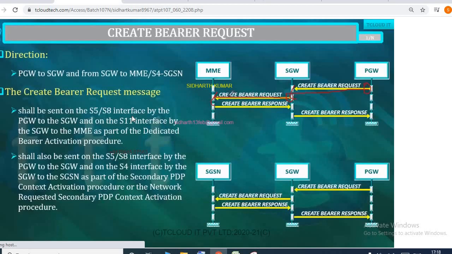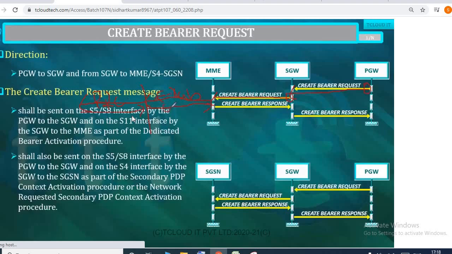MME, by forwarding S gateway's tunnel ID details, by attaching those details, sends a message to eNode B called as ERAB setup request by including the S gateway tunnel details. And eNode B will note down that S gateway tunnel details, and it will send a message to mobile equipment called as RRC connection reconfiguration request. And once mobile sends RRC connection reconfiguration response, at the same time, eNode B will be reporting back to MME